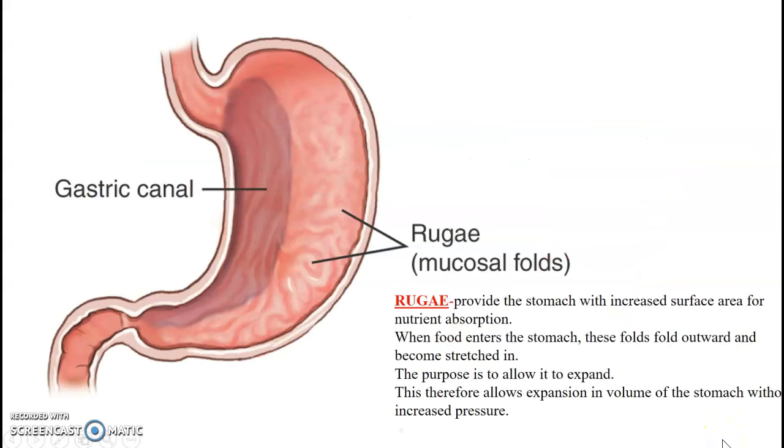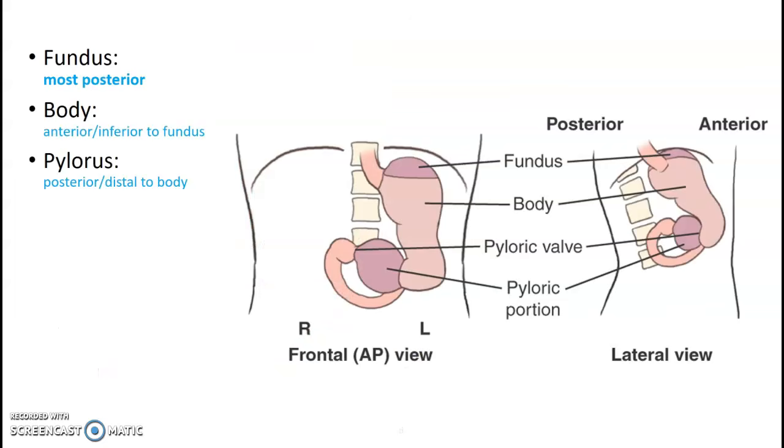All right, just a quick one. The rugae are your folds, your stomach folds. Okay. Something important I want you to remember is that the fundus, this top part of the stomach, sits posteriorly to the body, which is anterior, and the pylorus is actually a little bit posterior too. So that'll come into play in a few minutes here when we talk about where the contrast moves per patient